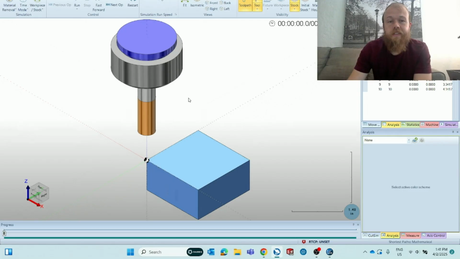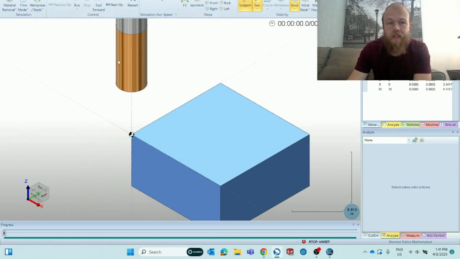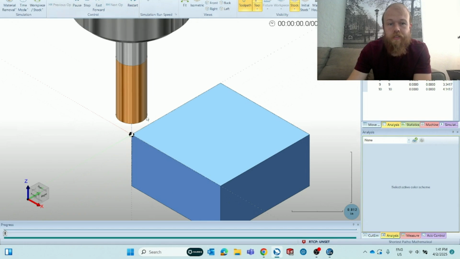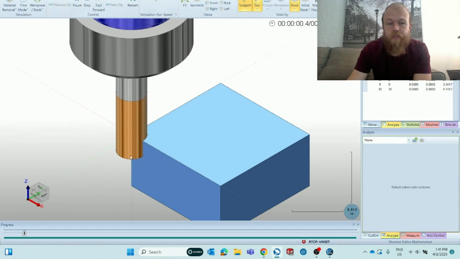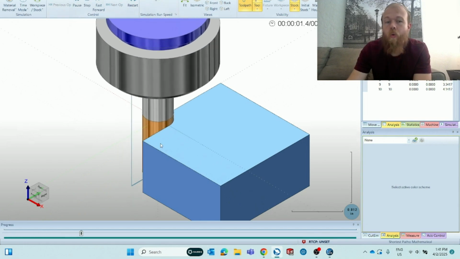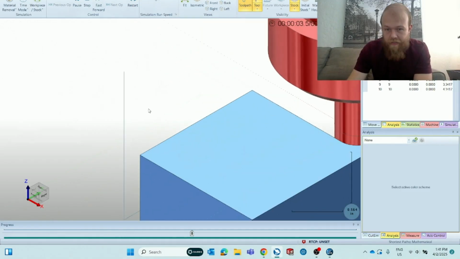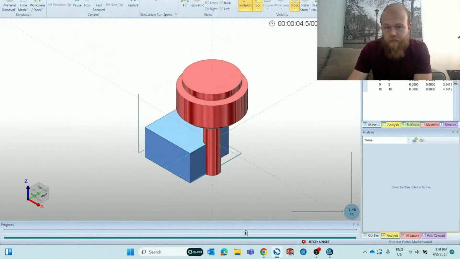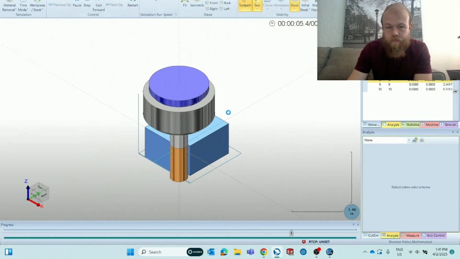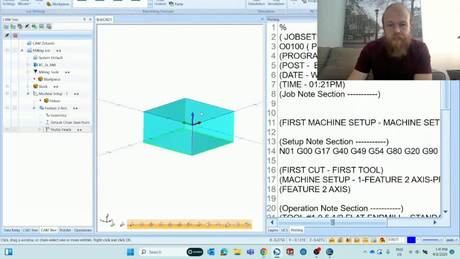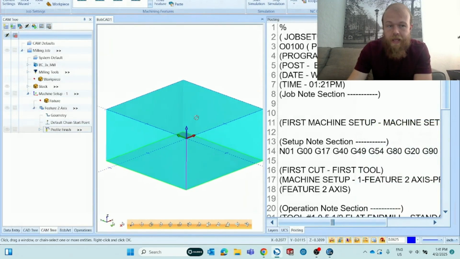And the biggest difference is when I'm simulating or backplotting in BobCAD, it's only going to simulate or backplot the toolpath. So if I back out of simulation here,